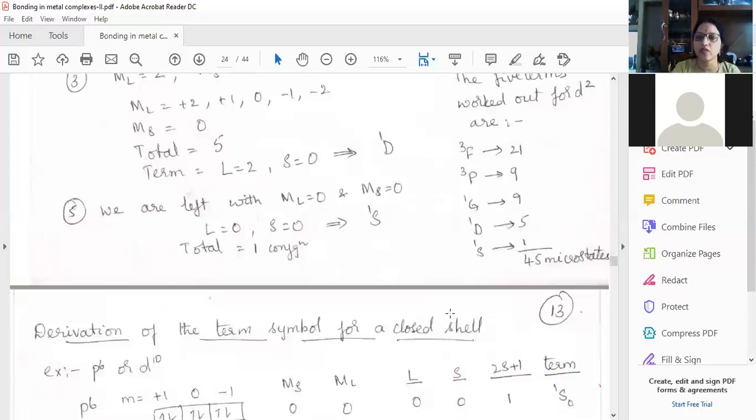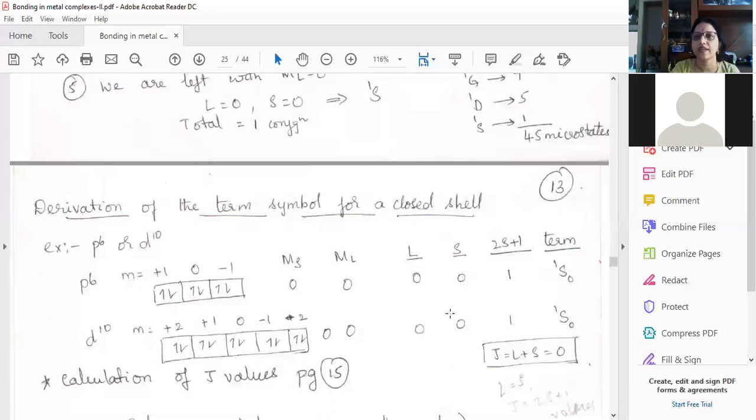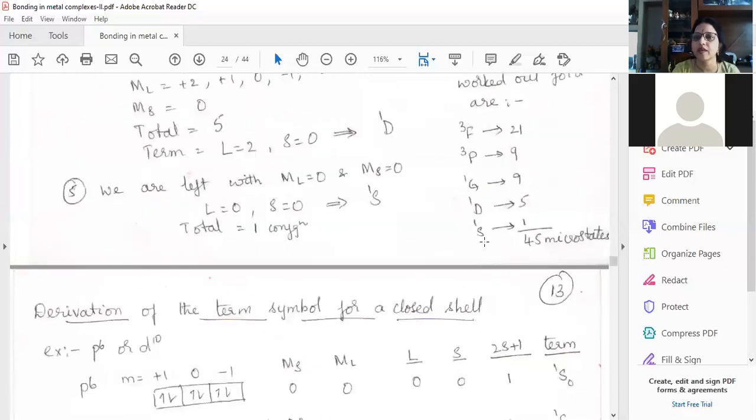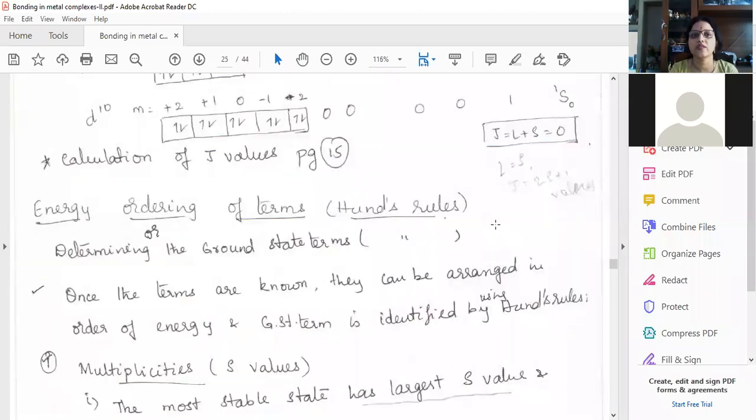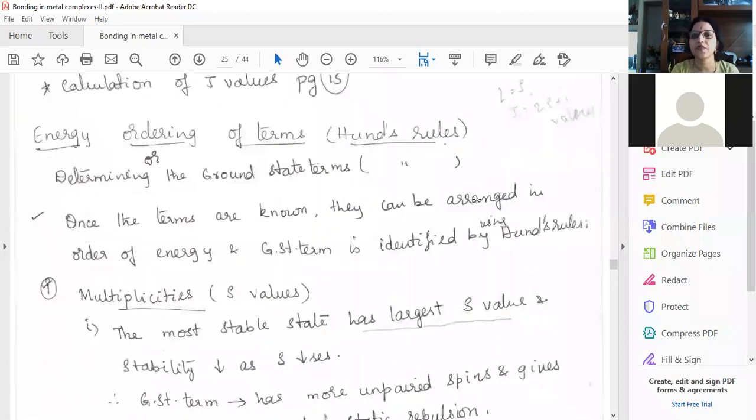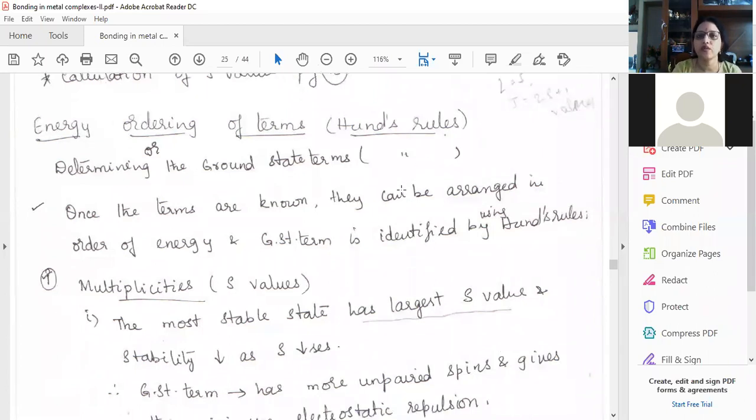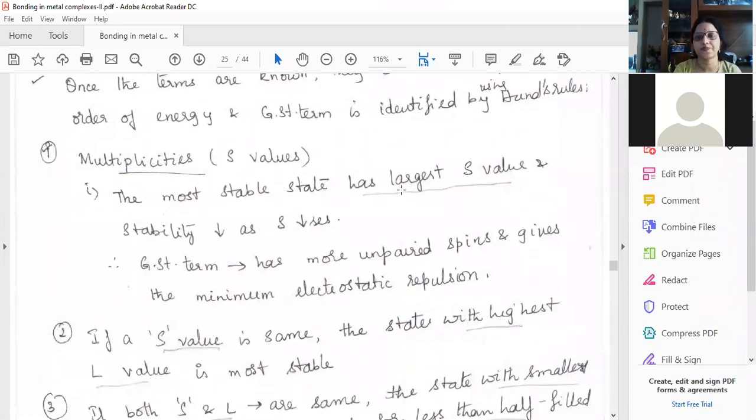So what are the rules that you have to follow? Now whether singlet S will come down, or triplet F will come down, or singlet G will come down, that is what you have to study. So for that, you should study Hund's rules. So he just gave 3 simple rules. Okay. So how to put these states in an increasing energy order. Once we know the terms, you should be able to put them in increasing order.